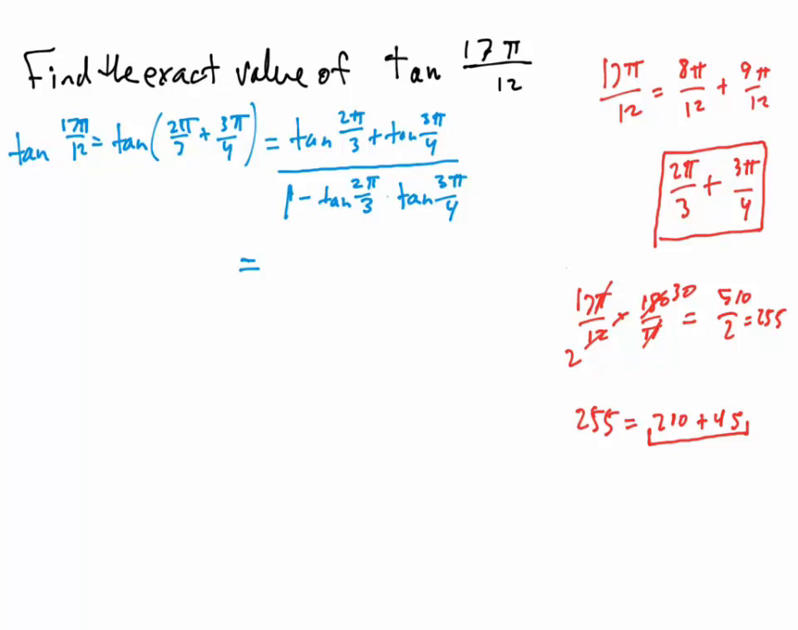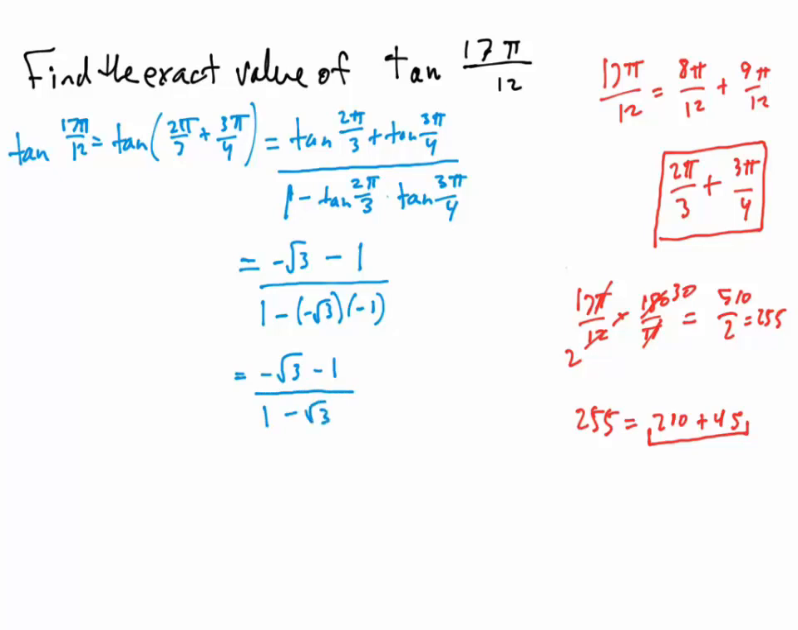So tangent of 2 pi over 3, that's in quadrant number 2, so that's going to be negative root 3. Tangent of 3 pi over 4, that's in quadrant 2 also, so negative 1, divided by 1 minus, and then tangent of 2 pi over 3 again is negative root 3 times negative 1. So what we end up with is negative square root 3 minus 1 all over 1